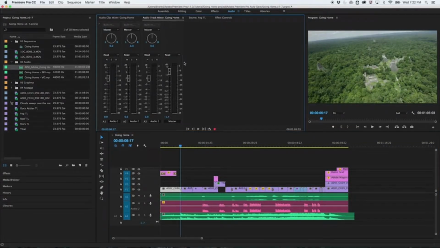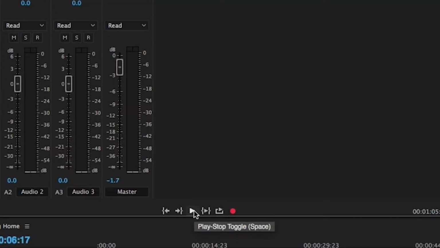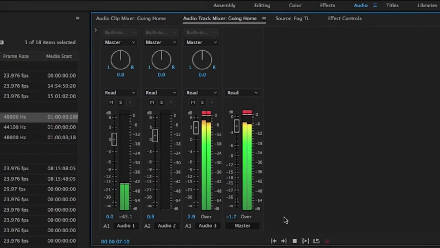Note the controls at the bottom of the panel. You can play, stop, and even loop the playback from here. As your sequence plays, move the sliders up and down to increase or decrease the volume of each individual audio